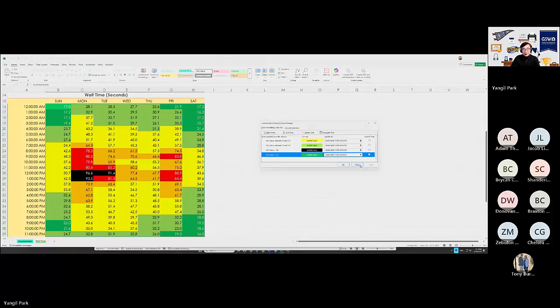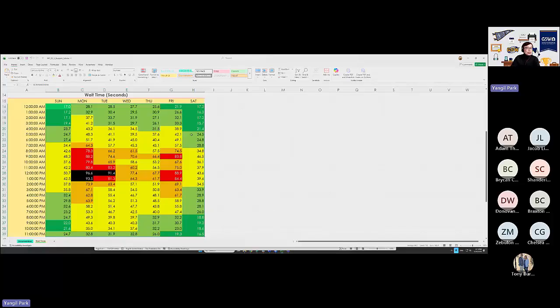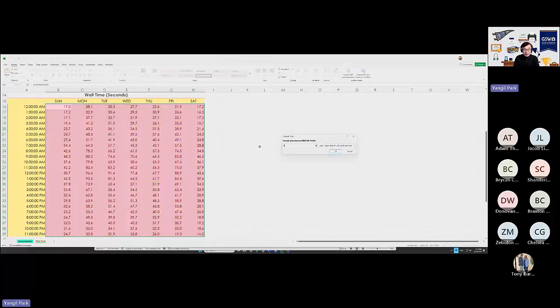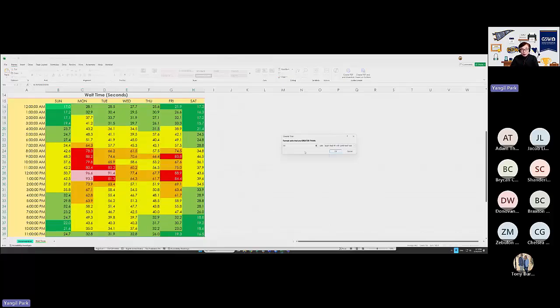Okay, so 90, 22. So assuming there's no color, though it's already there, I'm going to go ahead, click greater than, then type in 90. What we're trying to do is color numbers greater than 90. Okay, the color should be